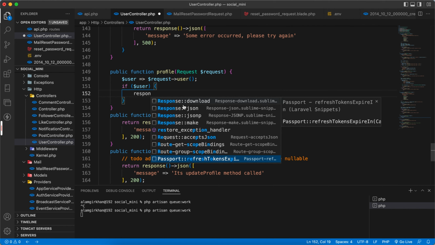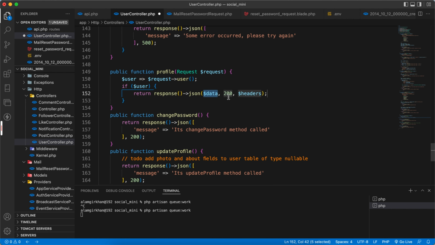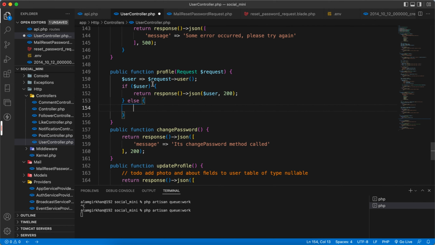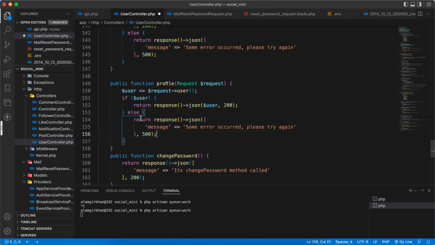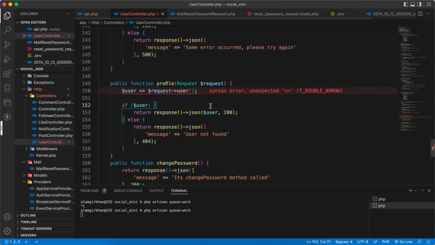response back with user, 200, and if not, if there is some error, then we have to redirect with the 404, user not found. Okay,